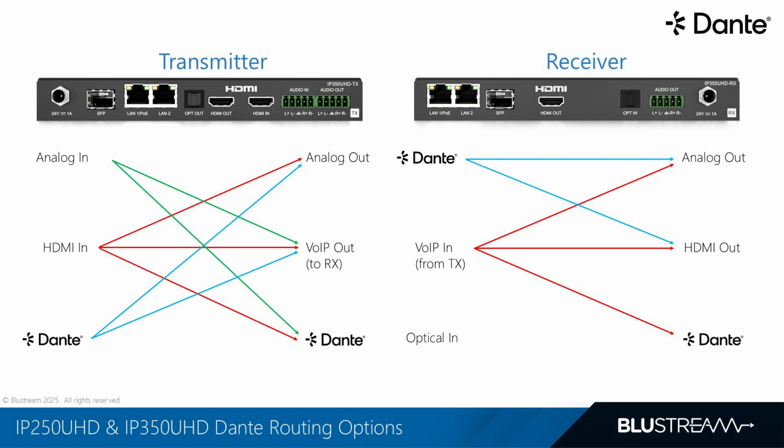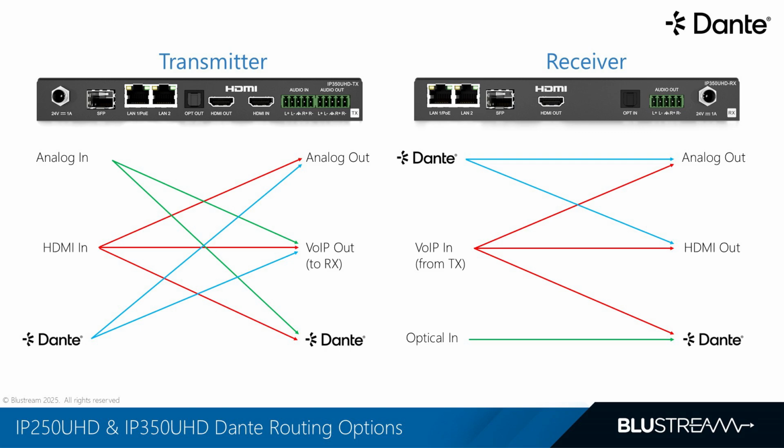Or 3, send it into the Dante network. And here's the smart part. That same audio stream can be separated and pushed into the Dante's ecosystem as an independent stream. It's automatically tied to the video selected at that receiver, so the audio always follows the zone's source. Now, this is a perfect solution for installations with Dante-enabled amplifiers, ensuring that your video selection instantly syncs with the right audio output with no extra programming or signal confusion.